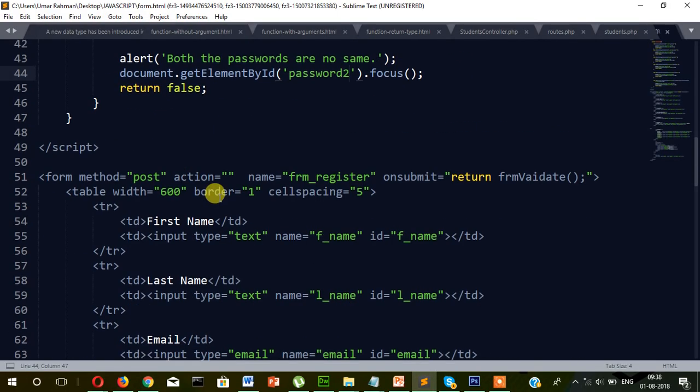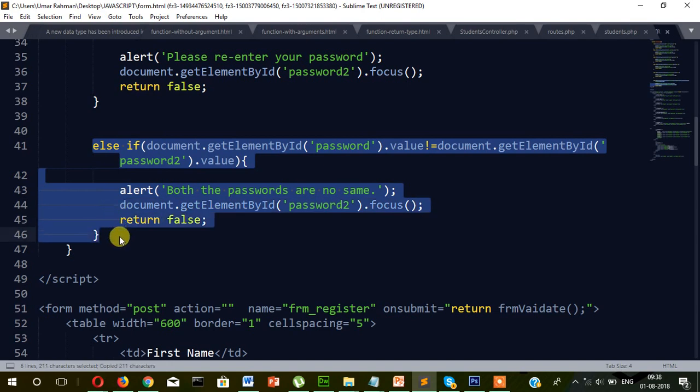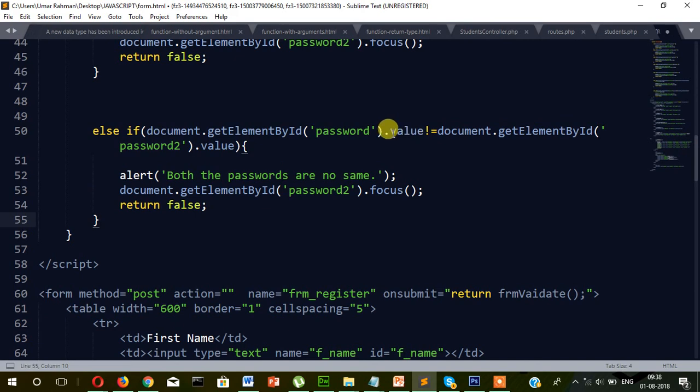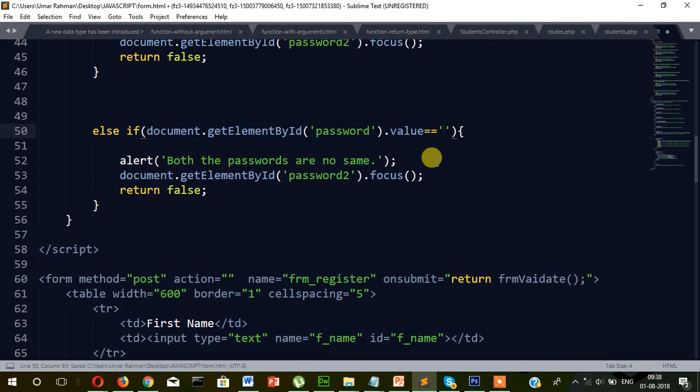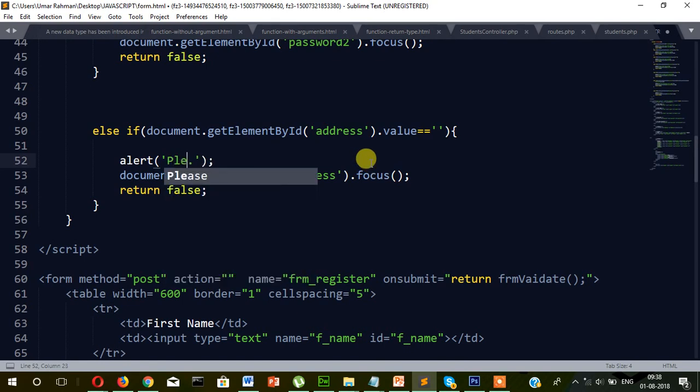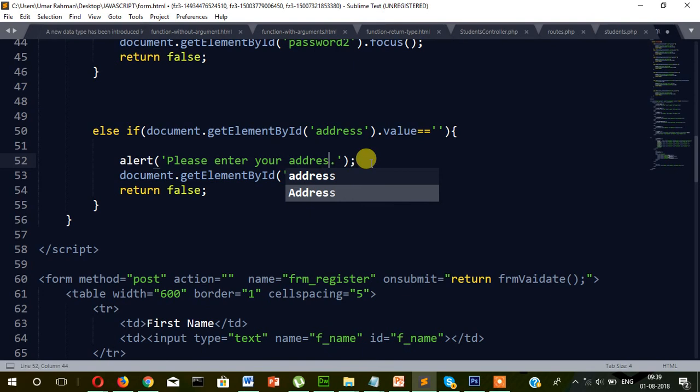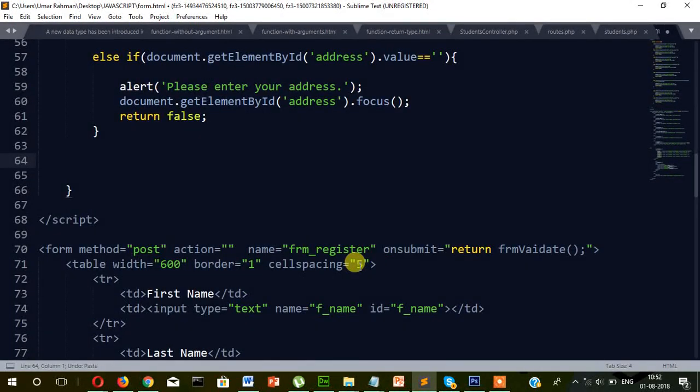Similarly, we will validate for text area also. Just copy it, else if equal to blank. This time it will be address. Value. Similarly, here will be address. Please enter your address. And in case of